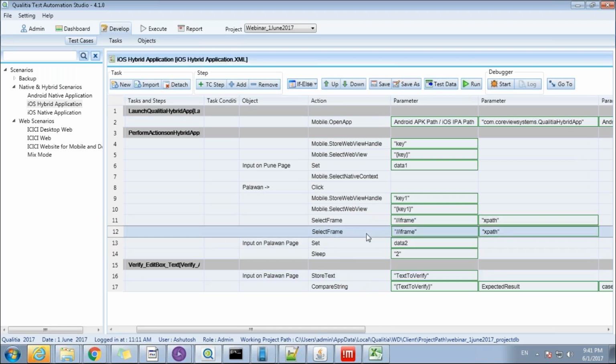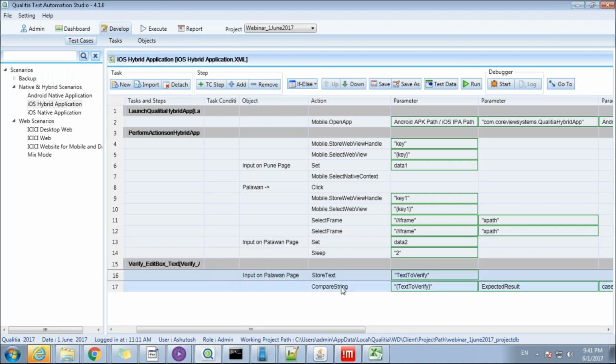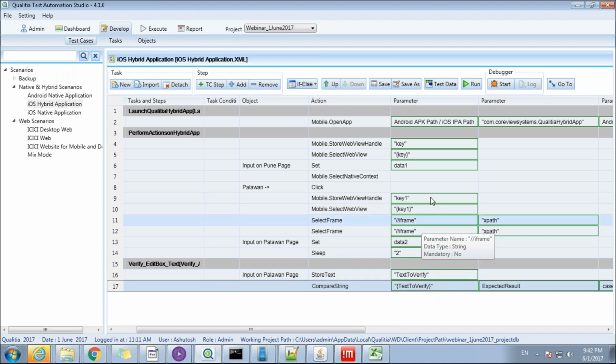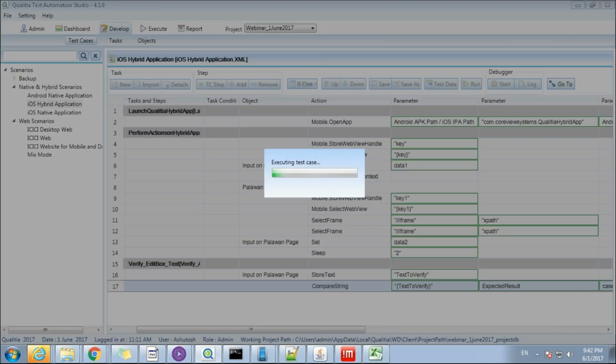One is a parent frame, another is a child frame within that. And inside the child frame, we have an input web edit control on which we are setting one value, and at the end we are just validating the stored text. So let's run this test case and see how it performs.